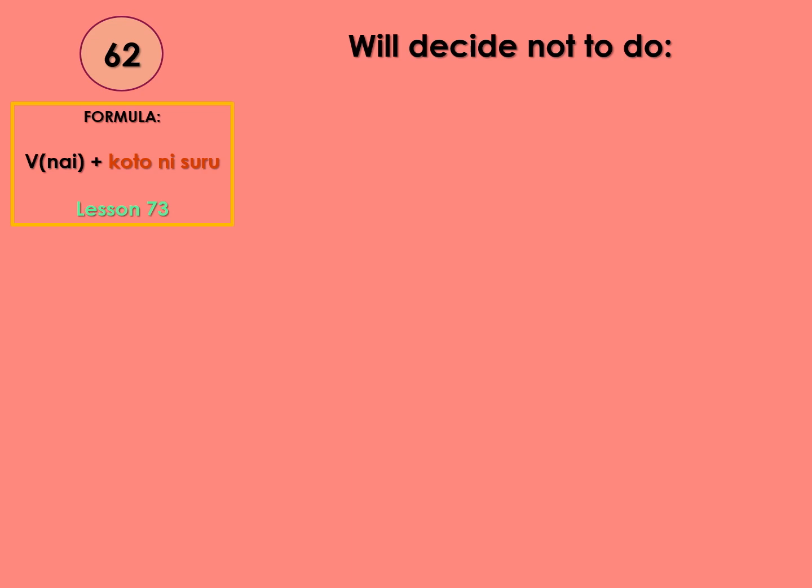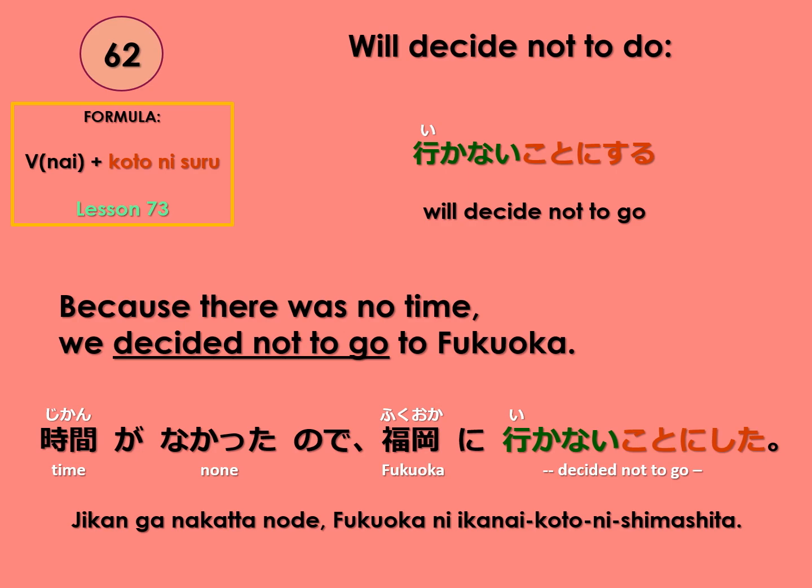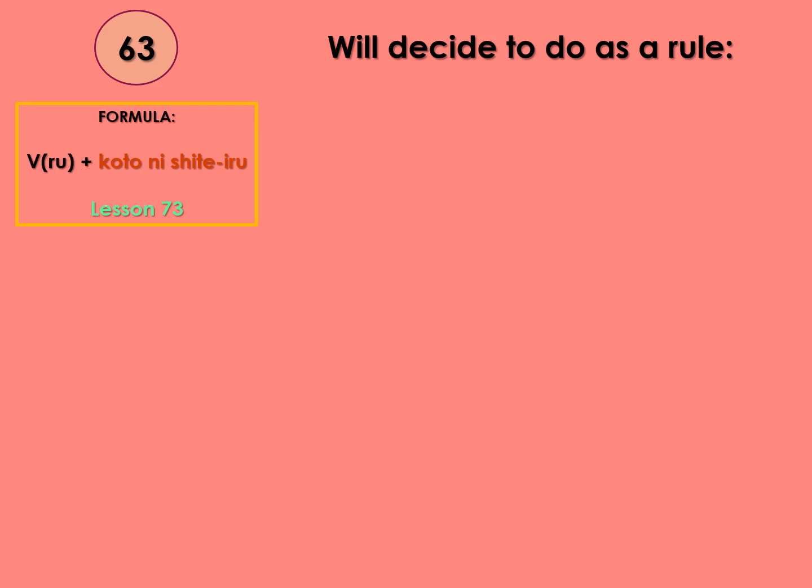62, will decide not to do. Nai koto ni suru, nai koto ni suru. Still in lesson 73. Will decide not to go. 行かないことにする。Because there was no time, we decided not to go to Fukuoka. 時間がなかったので、福岡に行かないことにしました。